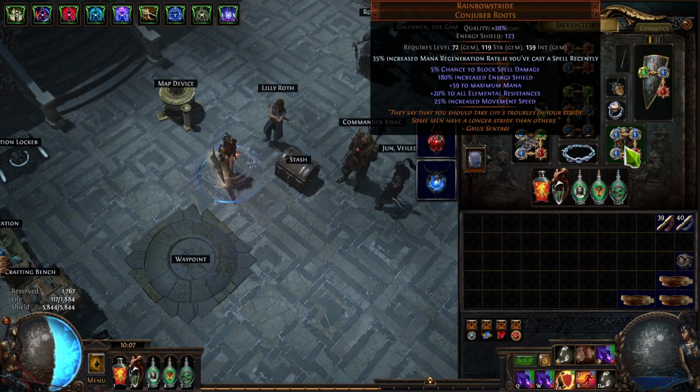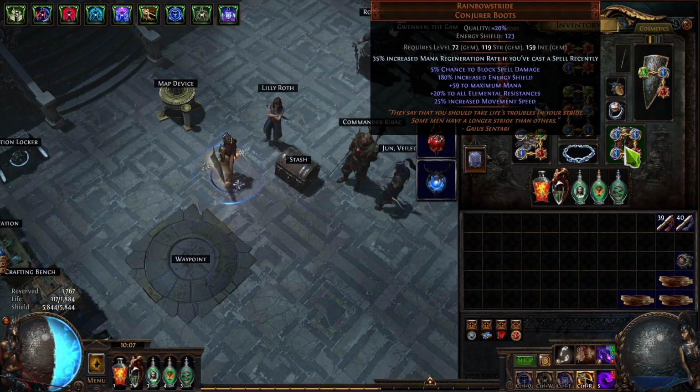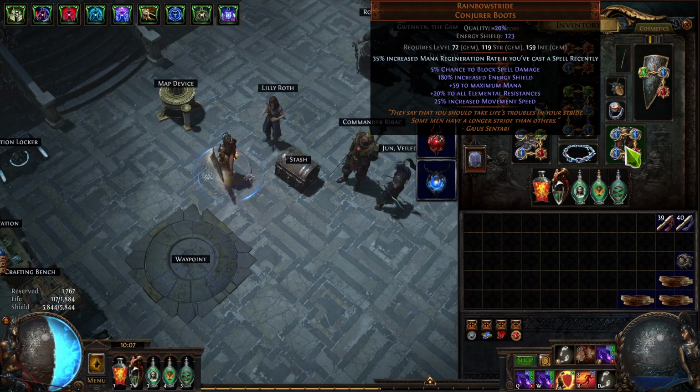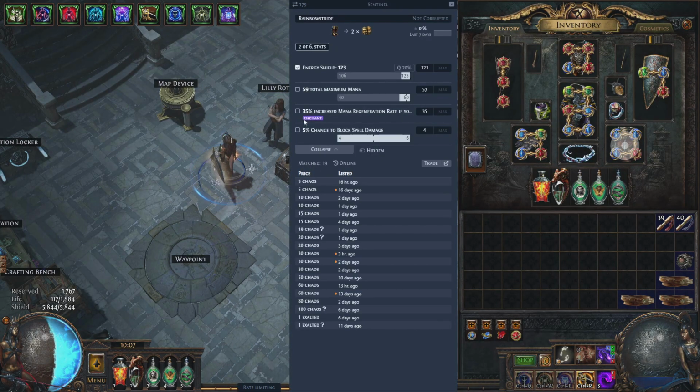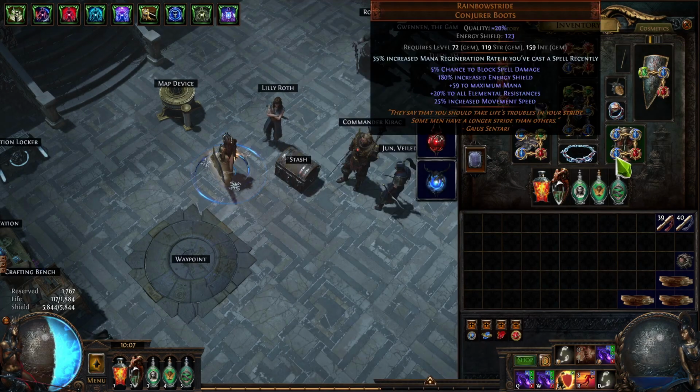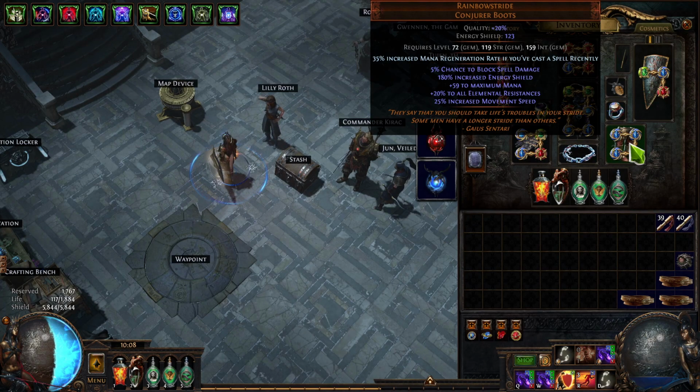And then I have Rainbow Stride. I just bought these with the enchant, increased mana regeneration if you've cast a spell recently. I just needed something cheap with res, move speed, and decent amount of energy shield. And also I wanted the spell block. Spell block is very, very nice on this build. So I got Rainbow Strides. They cost nothing. I don't know if you can find ones with the enchant. Let's see. 25 chaos. Yeah, probably it's gonna disappear because it's the only one on the market with this enchant, but the enchant is not necessary, or you can just get a rare piece of boots that are much better than